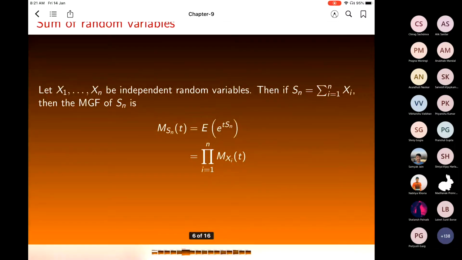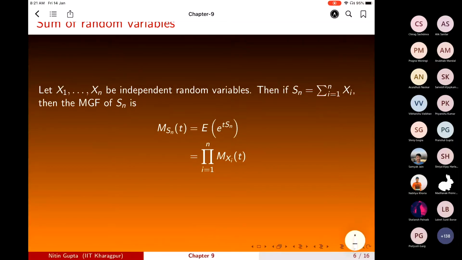Okay, so now let us define x1, x2, ..., xn as independent random variables. Then let us define Sn as the summation of xi. Then the mgf, moment generating function of Sn, will be